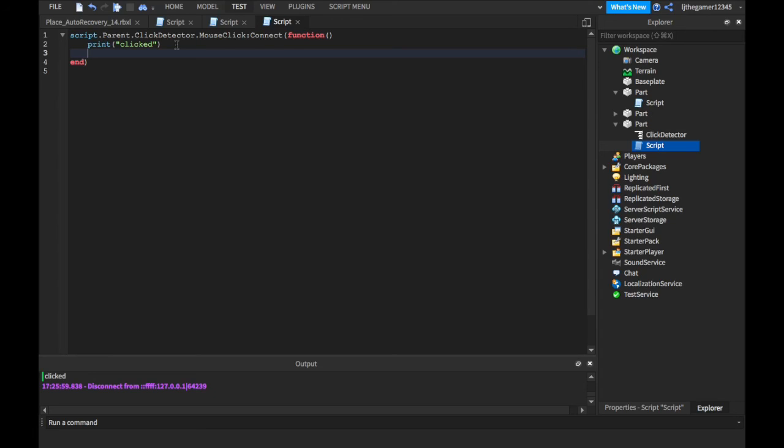Like, for example, I could make the player's jump height 50 or something. So if I was going to do that, all I have to do is put in a parameter, player, because it's going to be looking for the player parameter. The first parameter is the player. So I say if player then